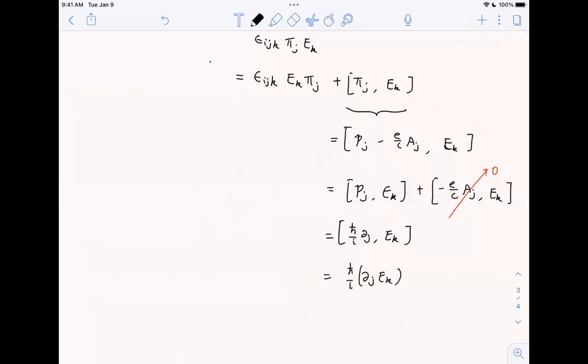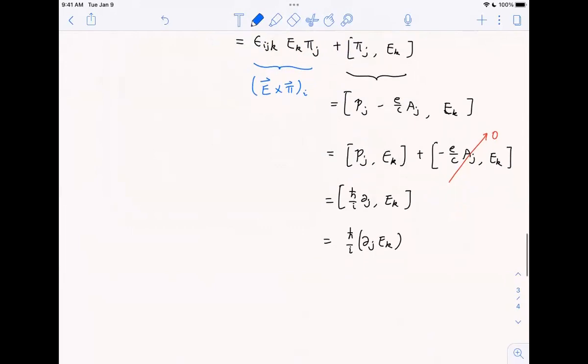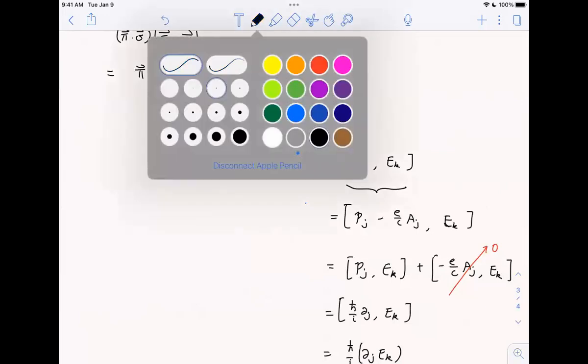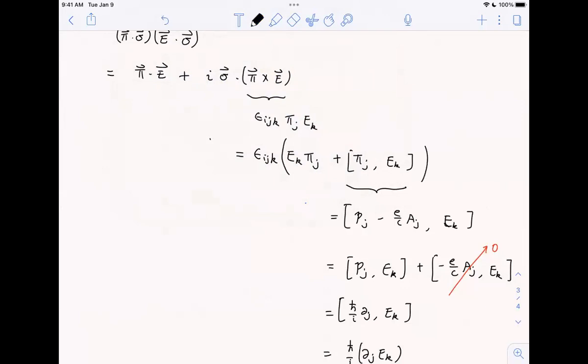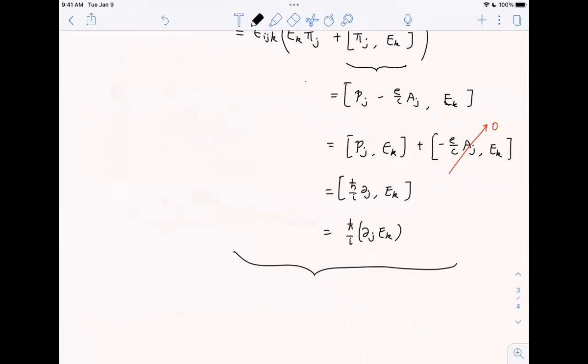So this is just a derivative on the function. Okay, so eventually, what is this? This is just the cross product of E and pi, and then the I component. Group it together. Yeah, it is this term. Okay, so you have this whole thing, this whole thing equal to